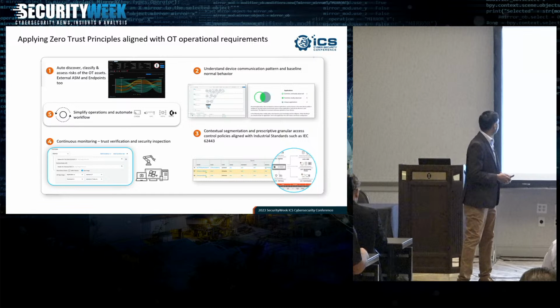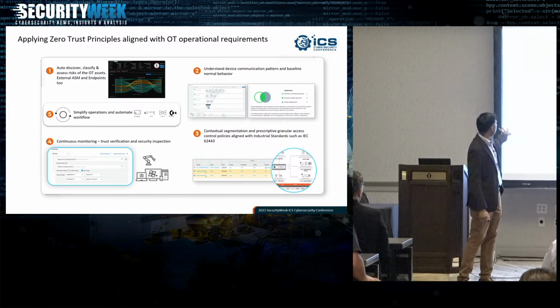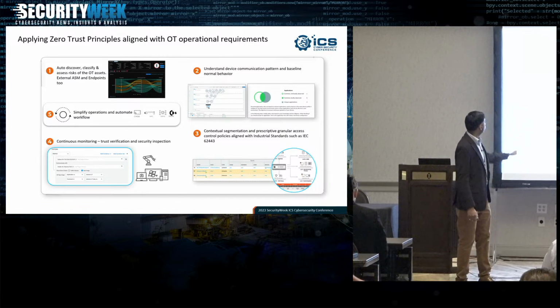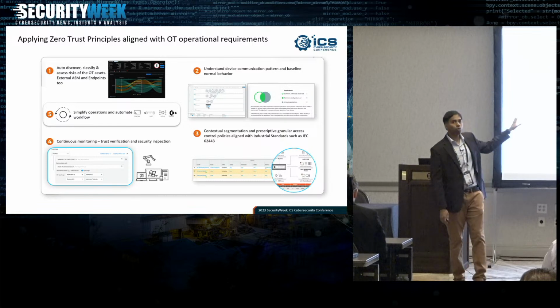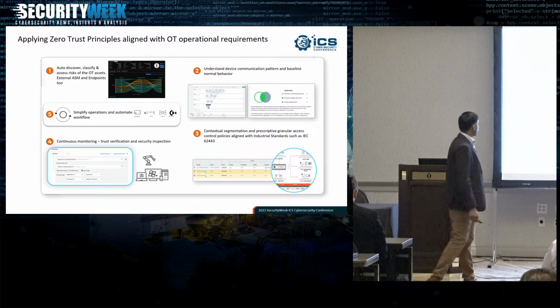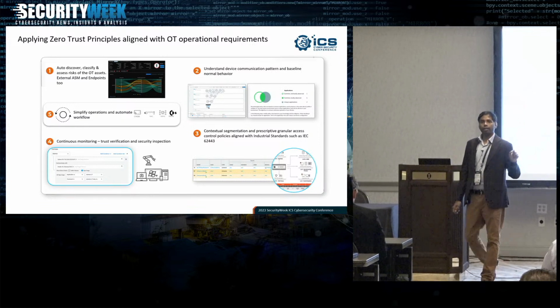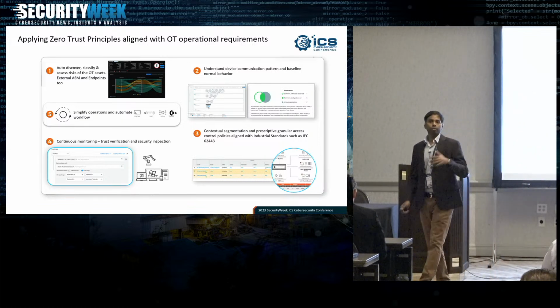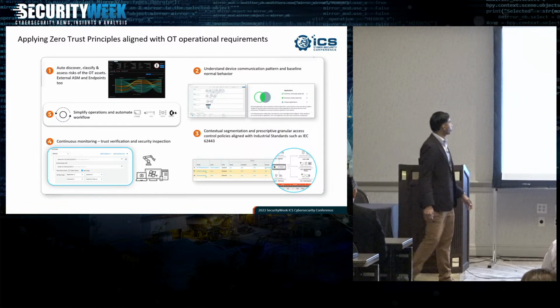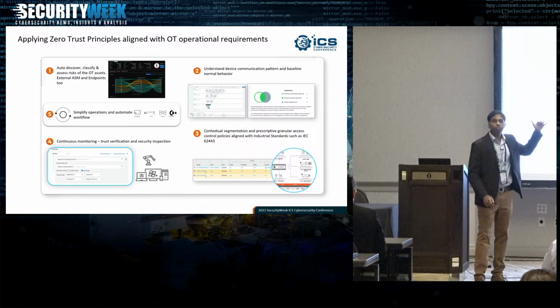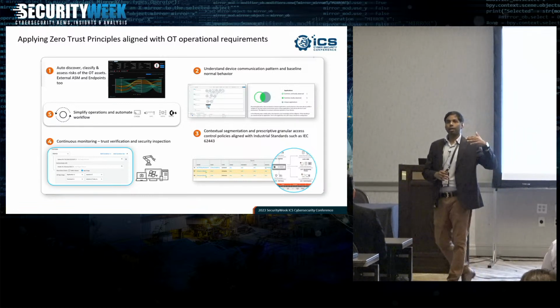this is what it looks like. These are our 5 pillars. The first pillar is the discovery of all your OT assets. You can see we can identify and automate every device, and we can discover them within a single pane of glass and understand all that information. Once we identify all your OT assets, the next step is